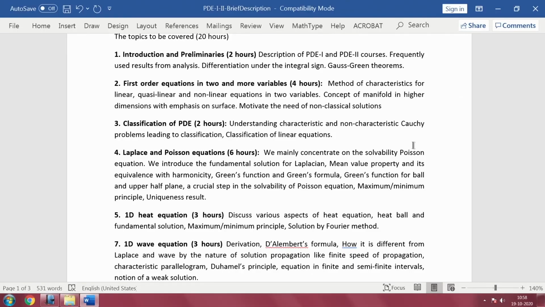Based on the classification, we will have 3 equations basically, namely the Laplace and Poisson equations, which are representative of the class of elliptic equations. In that we will mainly concentrate on the solvability of the Poisson equation. In the process we will introduce the fundamental solution for the Laplacian, the importance of the mean value property